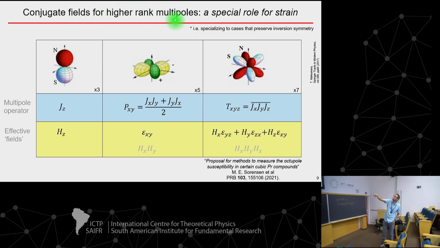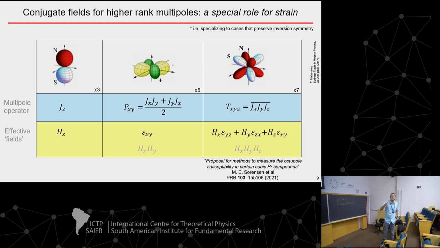It goes dipole, quadrupole, octupole. And because we're preserving inversion symmetry, it is magnetic dipole, electric quadrupole, magnetic octupole. And I'm just going to write down the multipole operators and the effective fields. All right, so for a dipole, obviously this is the angular momentum, and a magnetic field has the right symmetry